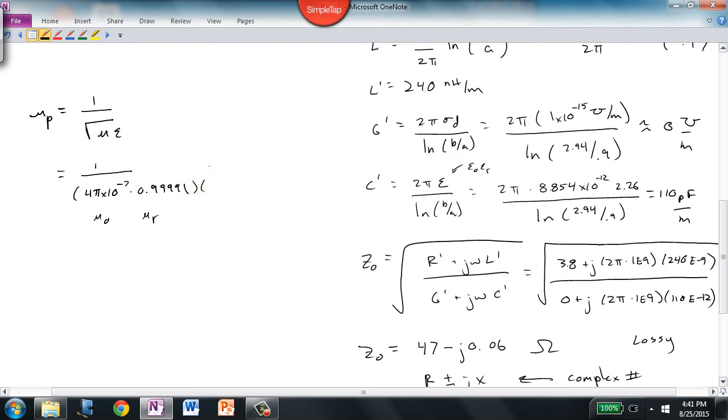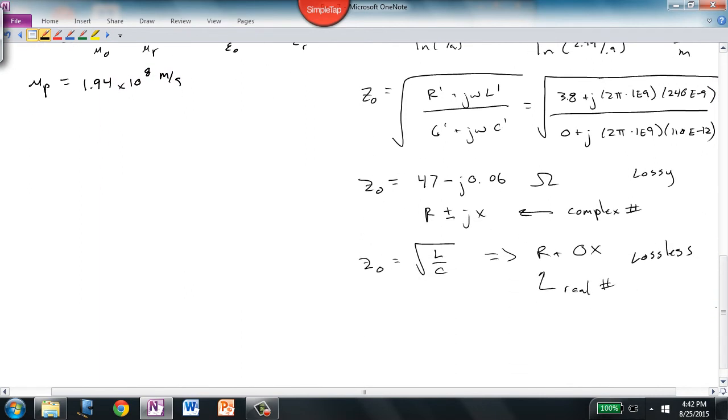We then want to multiply that by 8.854 times 10 to the minus 12th times 2.26, which is just epsilon 0 times the relative permittivity. Then we need to take all that to the square root. And so that gives us a propagation velocity of this wave and that of an electromagnetic wave in that conductor based on material properties only at 1.94 times 10 to the 8th meters per second. So a little bit slower than the speed of light, which is 3 times 10 to the 8th, about 2/3